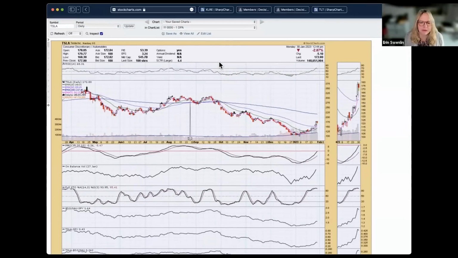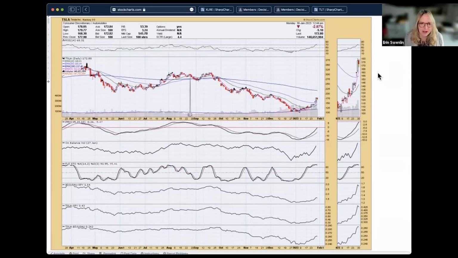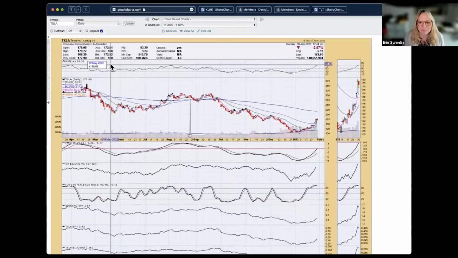But we need to be careful. We were looking at all of those charts that Carl covered, and we're seeing all of these negative divergences. We're starting to see some weakness. And this is one of those high aggressive growth type stocks, and they're the ones that tend to lead the market when the market starts to turn. More than likely, these large caps are also getting weak under the surface and getting ready to turn. I'm not saying you couldn't be a buyer here. Your next level of overhead resistance is still about 15% away. So not a bad entry, and on a pullback, I would say would be even better.